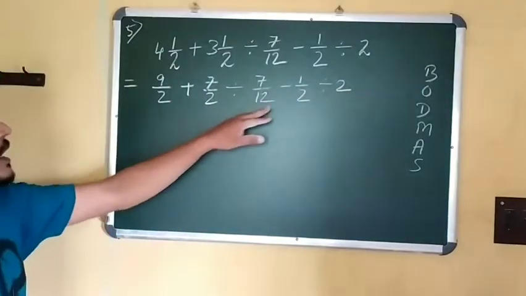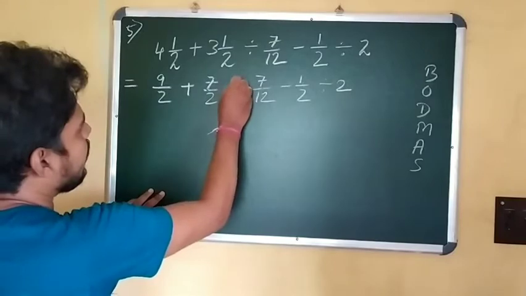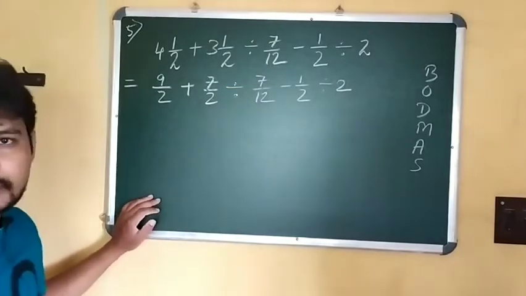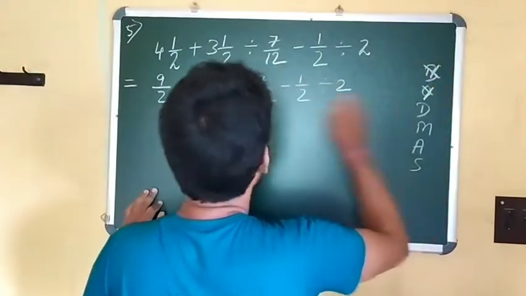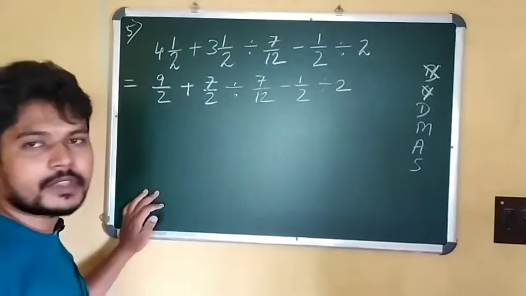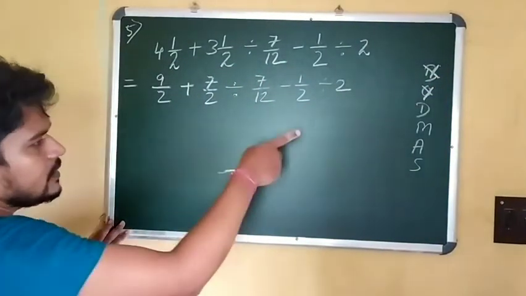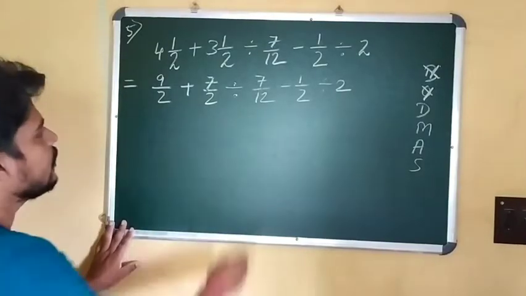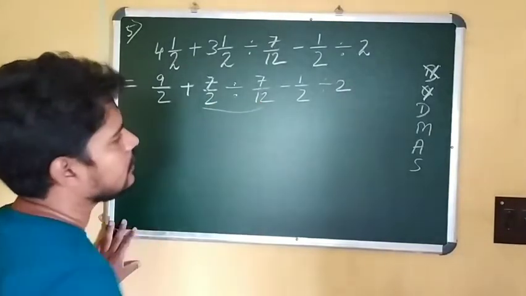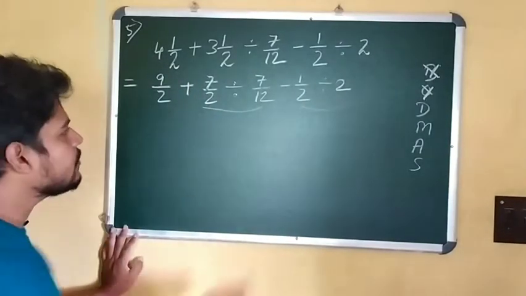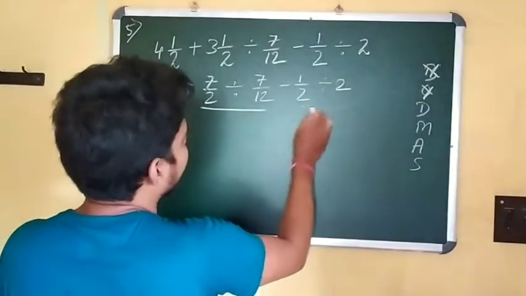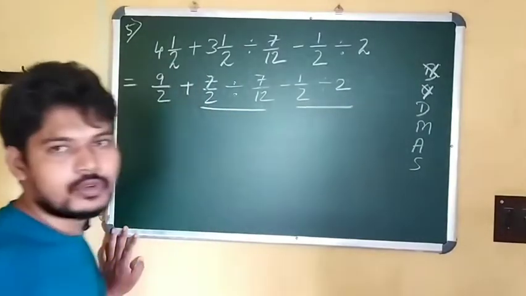Now in this numerical expression, you can see that there are no bracket or of present. So at first you cut down these two. Okay, there are no bracket and no of. Okay, then you have to find out, is there any division? Yes, you can find out here the division, and here also the division operation is present. So at the same time you have to do these two operation.